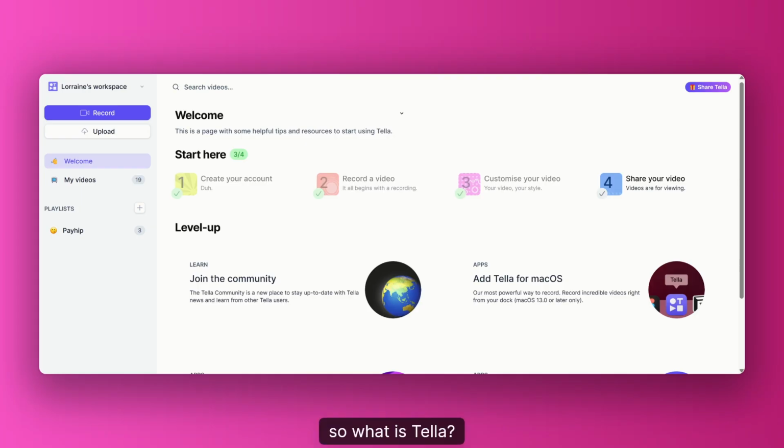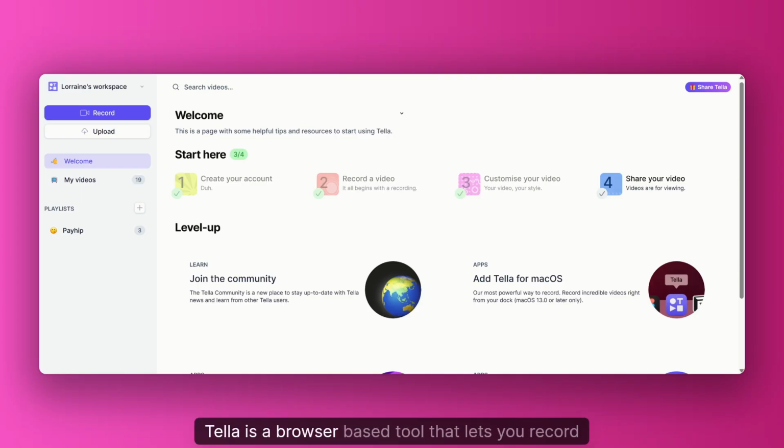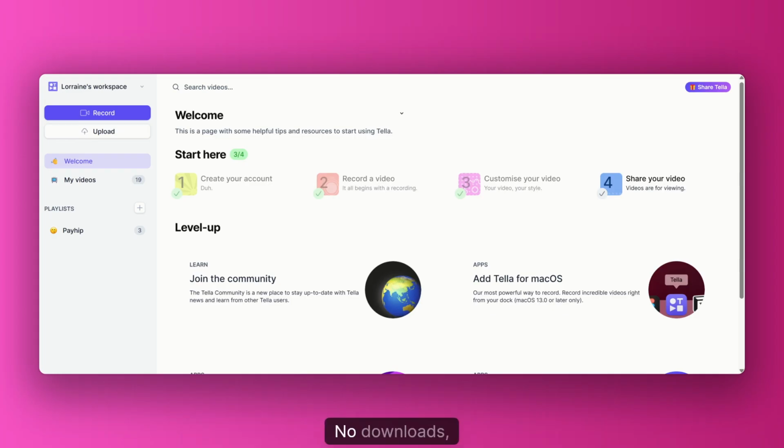So what is Tella? Tella is a browser-based tool that lets you record and edit videos in one place. No downloads, no complex timelines. It's perfect if you're just getting started with YouTube, recording digital product tutorials, or even creating mini lessons for your